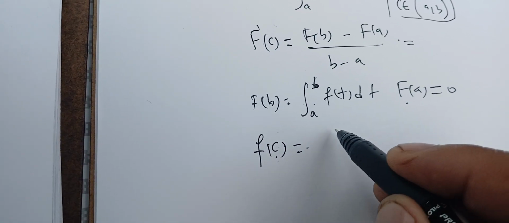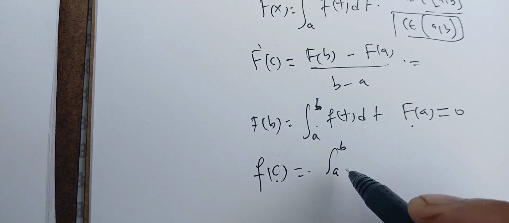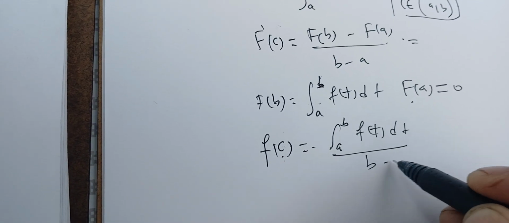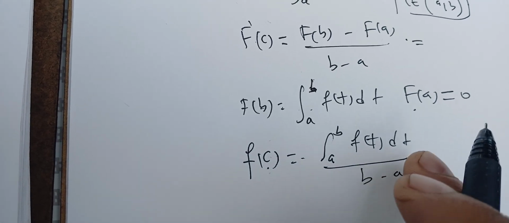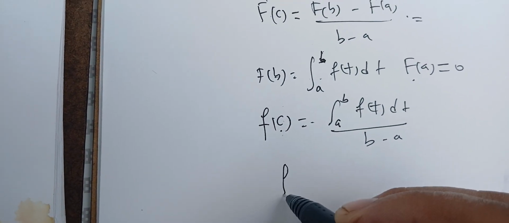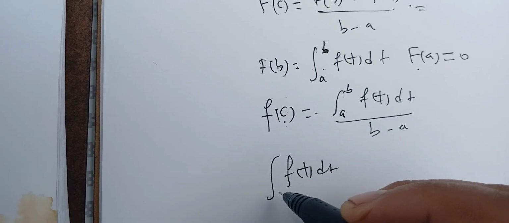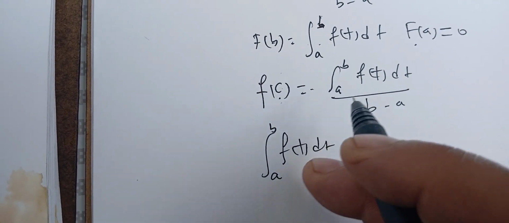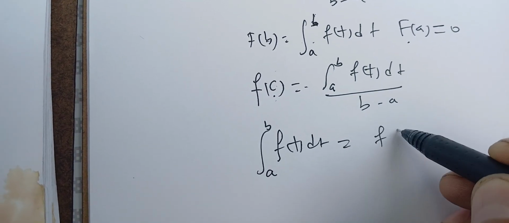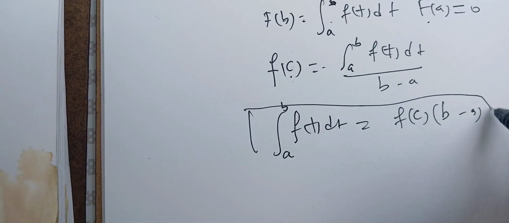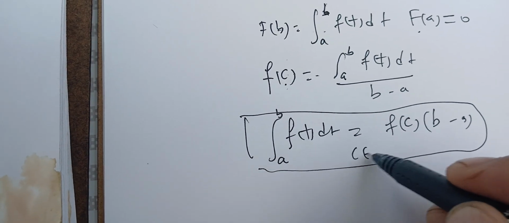And F of b is just the integral between a and b of f of t dt over b minus a. We can rewrite this in a simpler form as the integral of f of t between a and b equals f of c times b minus a,